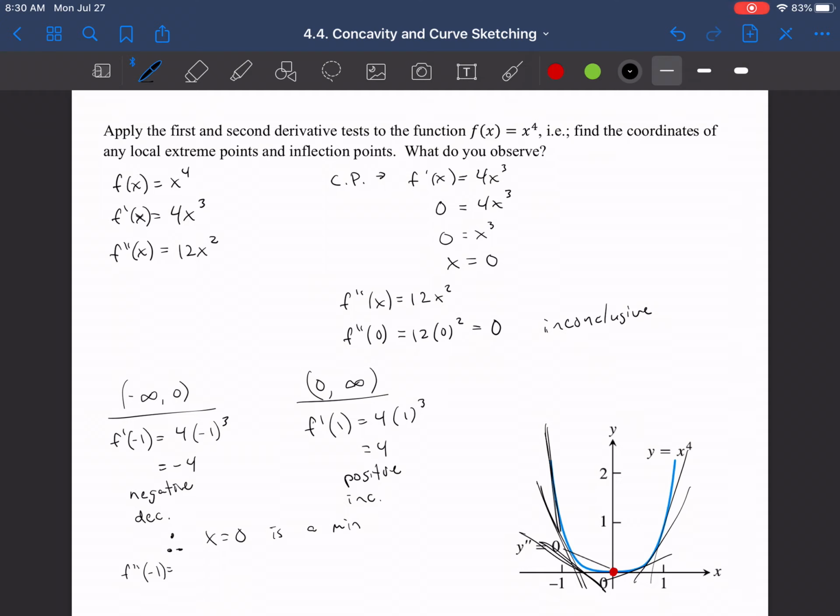So let's do the second derivative at -2. That's 12 times -1 squared. That's just going to be 12. -1 squared is 1. Over here, I have f double prime. We can look at 1 again. That's 12 times 1 squared. That's 12. And so you'll notice here that we ended up with positive